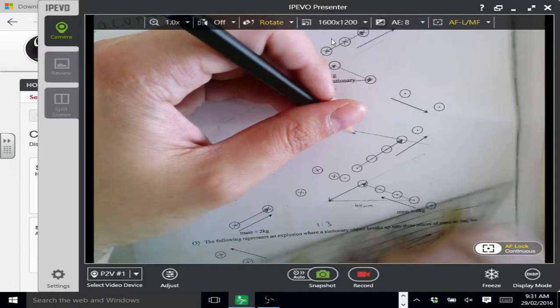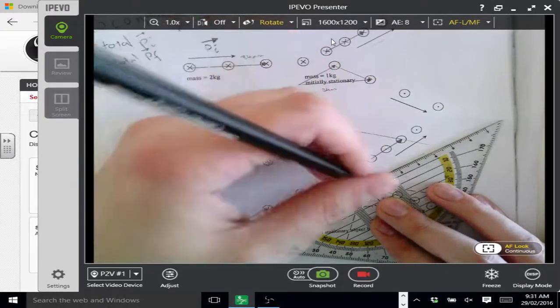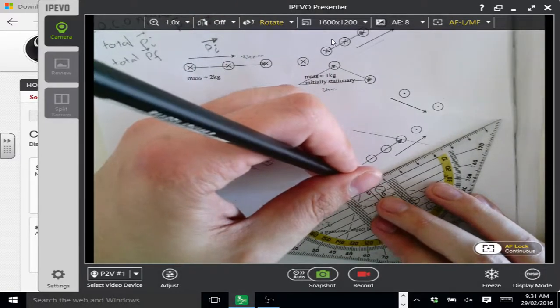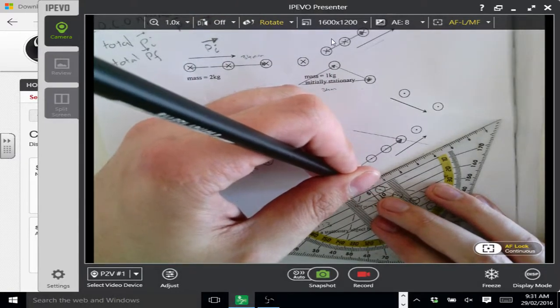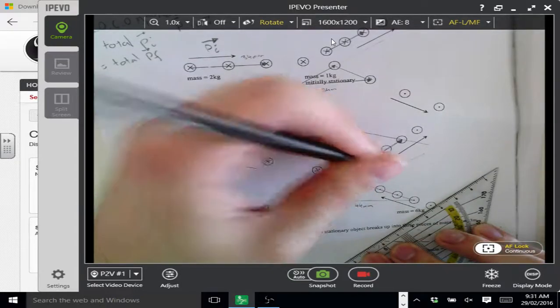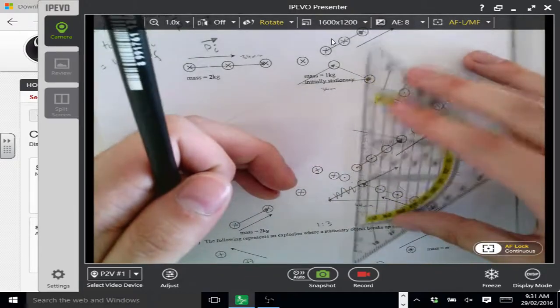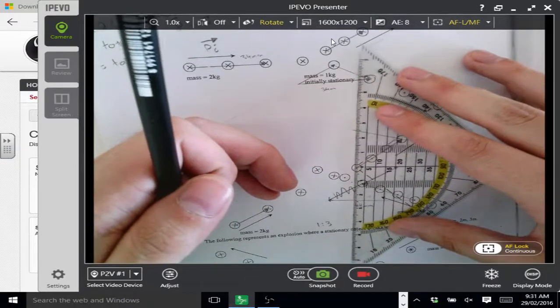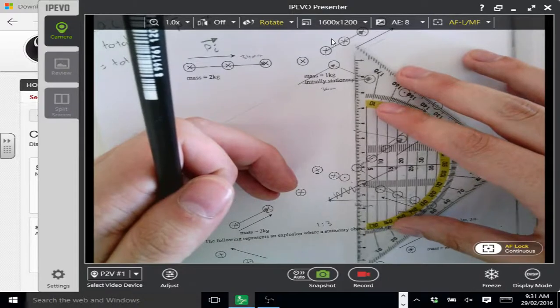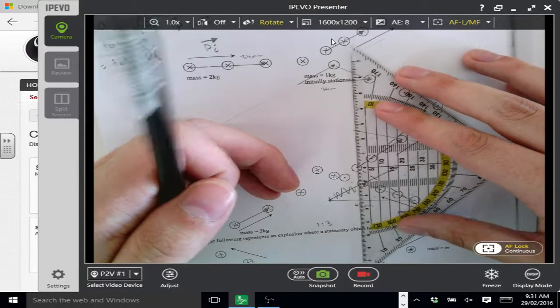I've drawn this the wrong way, I just realized. That was silly. I realized my mistake. This one's meant to go, I did the wrong direction. 2 centimeters that way. Sorry, that one's wrong. Yeah, I drew the initial momentum vector in the wrong direction. That's right, everything seems to be working so far. The technology's working, so